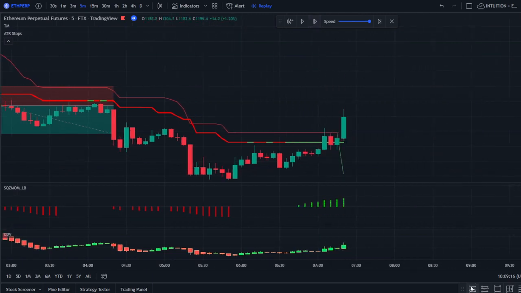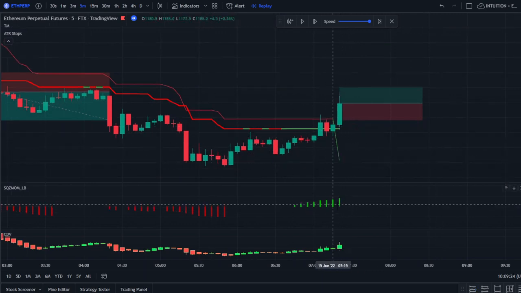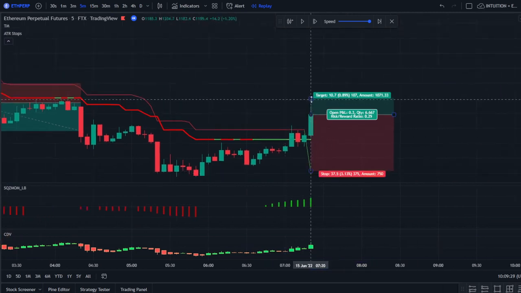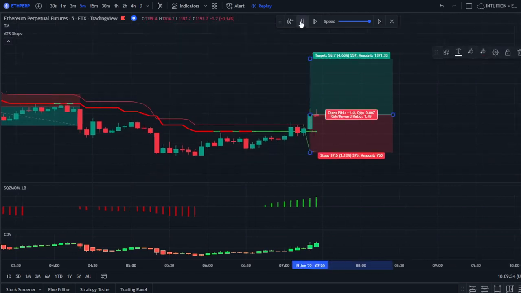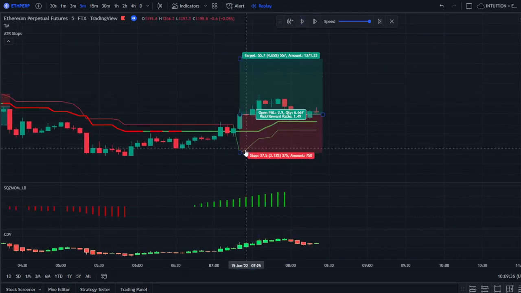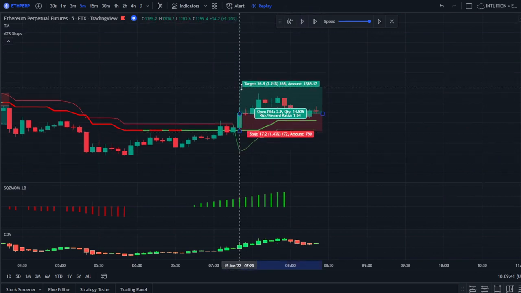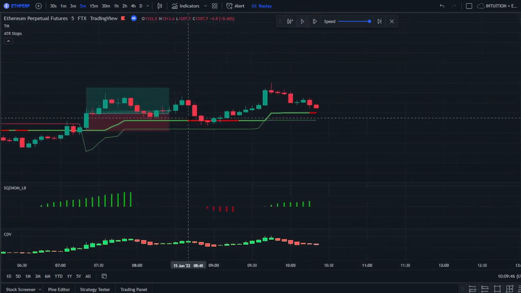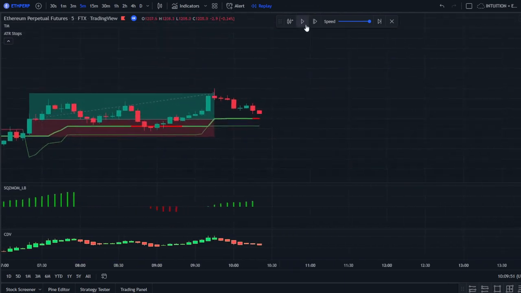And this would be a valid position because we have a break above the trend magic, and our ATR stop is below with the green candle on the squeeze momentum and green candle on the CDV. So let's enter that position. Let me move my stop loss to the new ATR level. And let's wait for the position. I think we won that position right there, and there we have another winning trade. So let's do just one more,